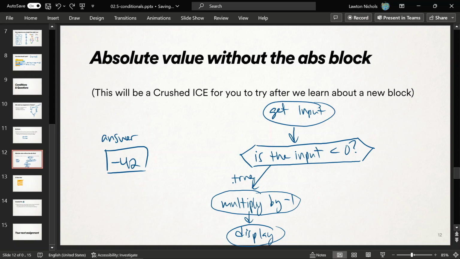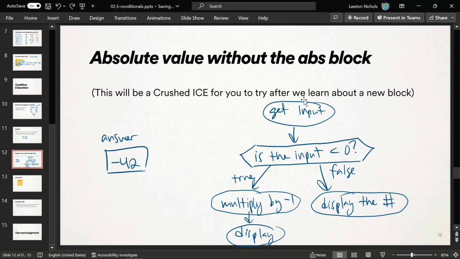printed out? That's useful. If the answer was false, if the input was not negative, we do not want to multiply it by -1 and make it negative. So immediately you're ready to display the number. If it was positive 42, just print out positive 42. So do you see how we do need two separate tracks here, because we don't want to make positive 42 negative by always going this way. We have to do one thing or another depending on the value. All right? So this is what we're going to be translating